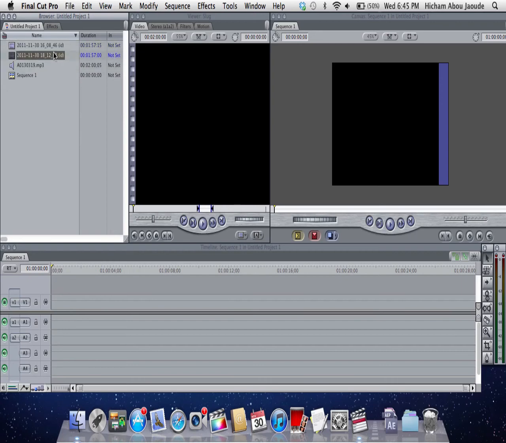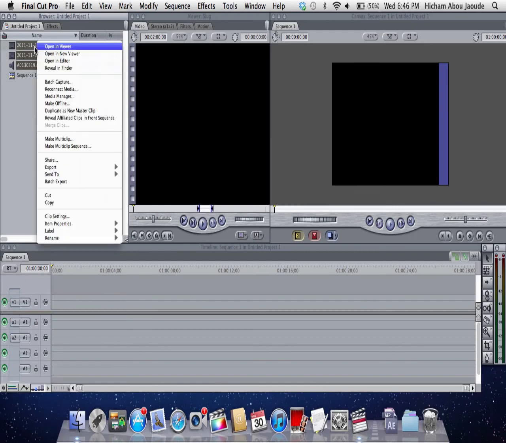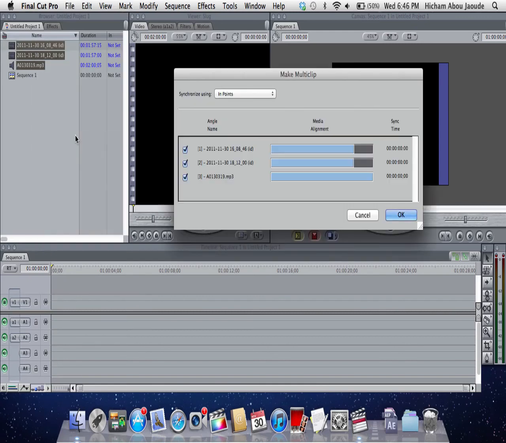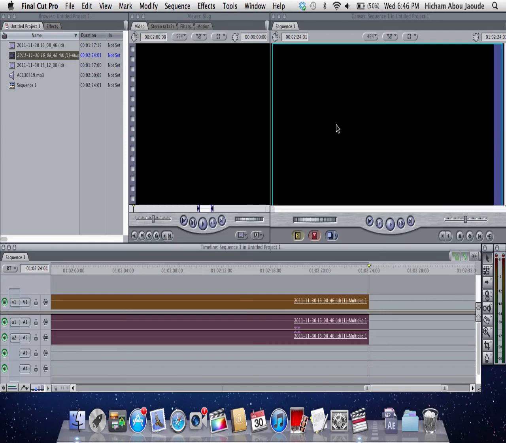That's what you have to do for both of your clips, but you don't have to make them the same as mine. You just have to have both your clips on the exact same level for this to work. So you want to press Command, click on every single one of your clips, and choose Make Multi-Clip. Now here it's going to ask about through endpoints, so you want to go ahead and say yes. Click on your video, and now